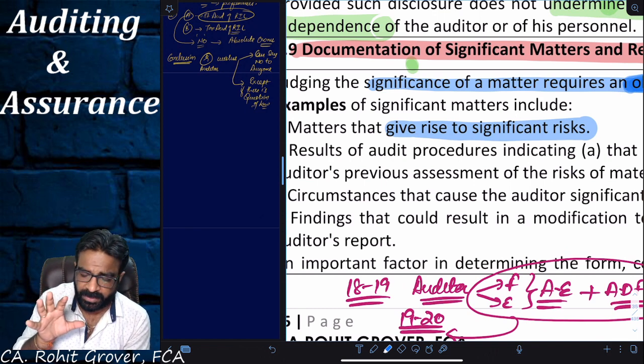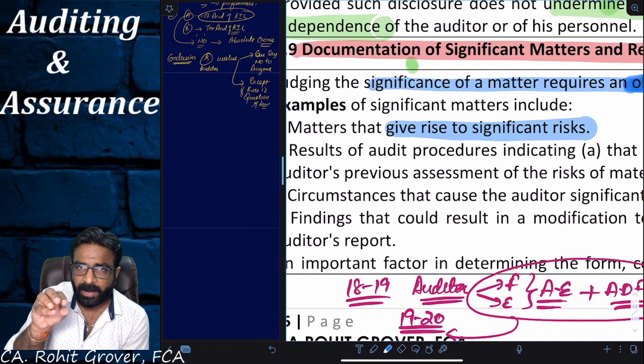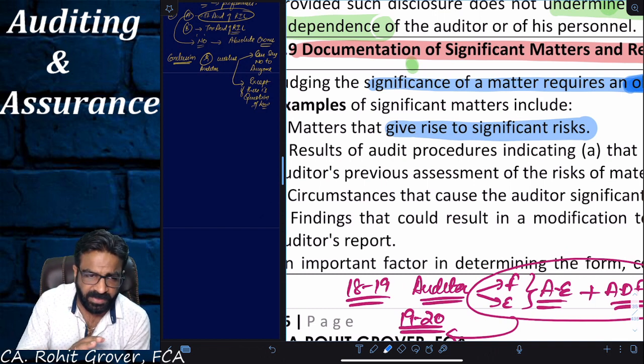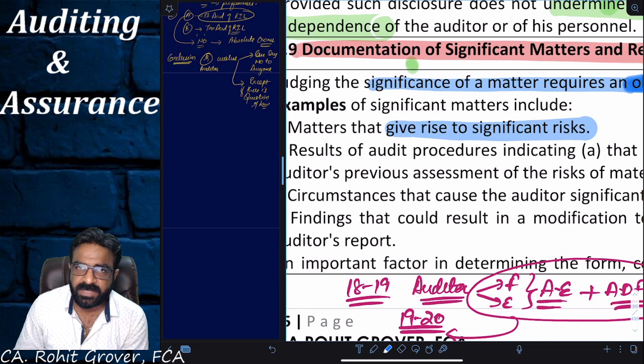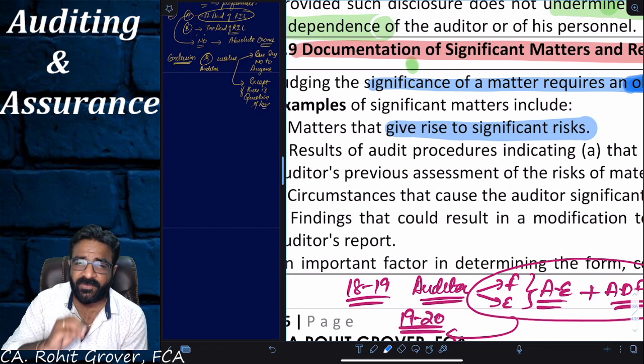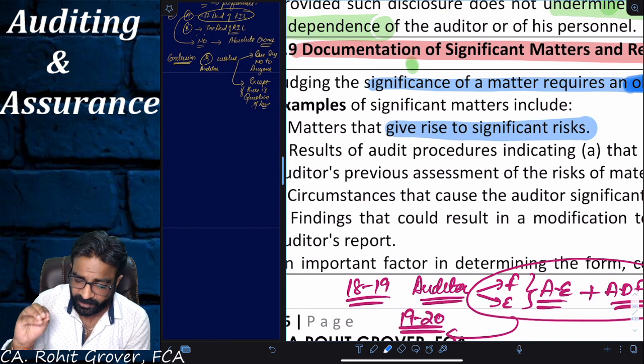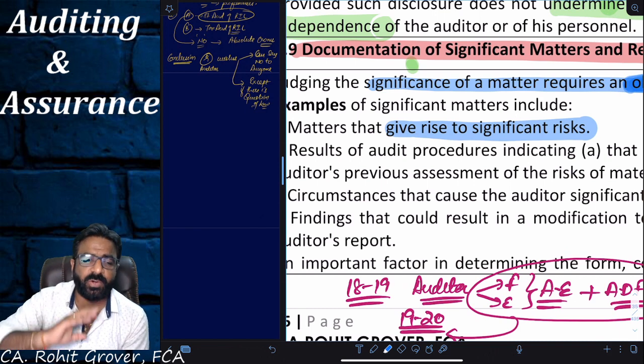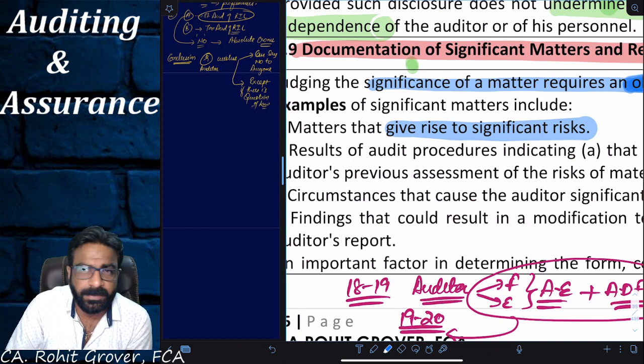Now tell me one thing. Today the case is filed. So up to 31/3/2021, no result of the case has come. But if the result of the case comes negative for Amul Industries, whether the Amul company has to pay crores and crores of compensation or not, at that point of time, will it be a significant risky area? Yes.